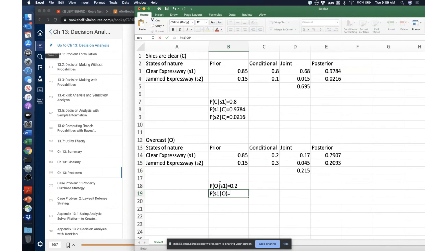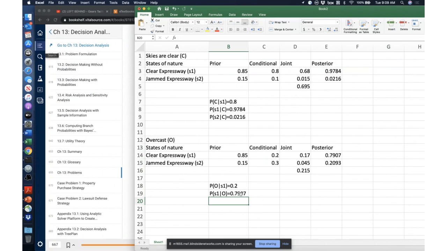That probability was 79.07. So if you notice that the skies were overcast, then there's about a 79% chance